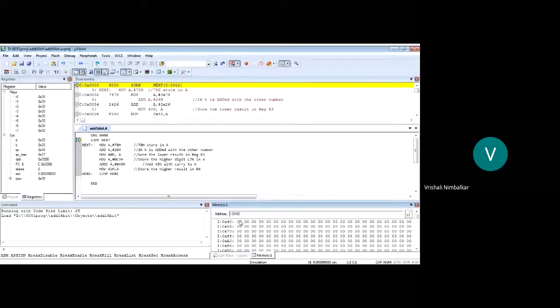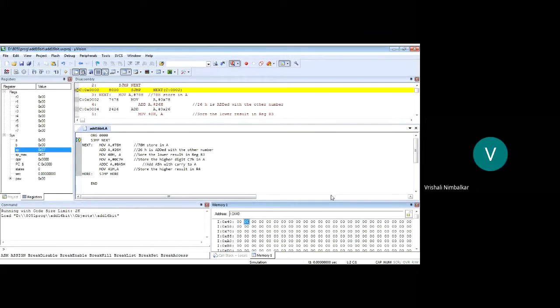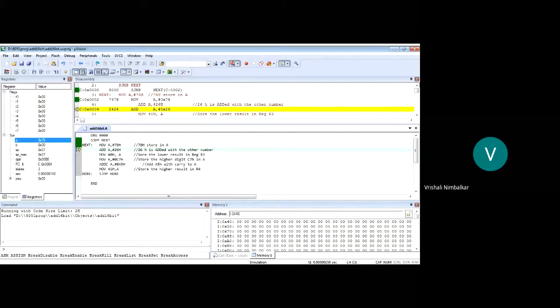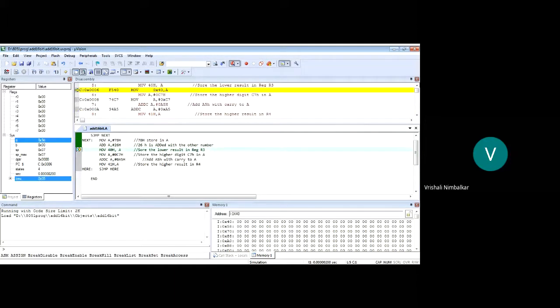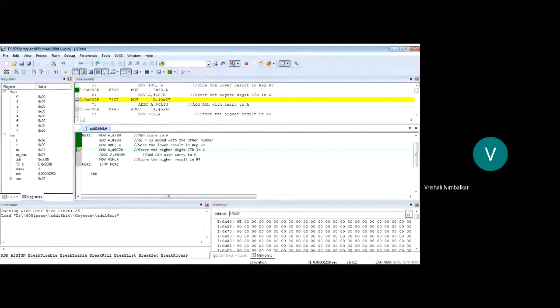Now initially it's a blank memory. See, it's all filled with 000. As I go on executing my program, I should find the answer at 40 and 41 automatically, because that is the way I have written the program. Okay, students. So let us go F11, jump, accumulator 78, add, the answer is 9E, and this 9E is saved in 40. So see, students, you have got here 9E. In the memory window, you got the answer saved.